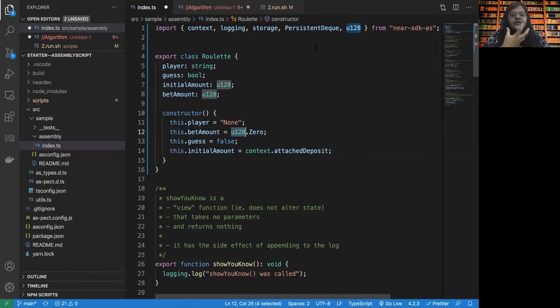Cryptocurrencies have X amount of decimals, and because of the number of decimals associated with them, the normal 16-bit, 32-bit or 64-bit integers are not able to hold that. That's why there is a U128 data type that can hold the amount of Near sent in as the deposit. So initially the bet amount is 0 and the player we have just put as none.